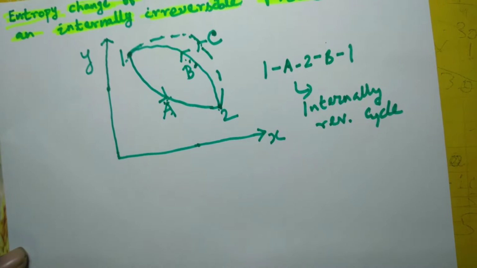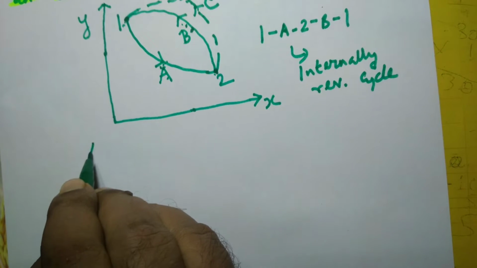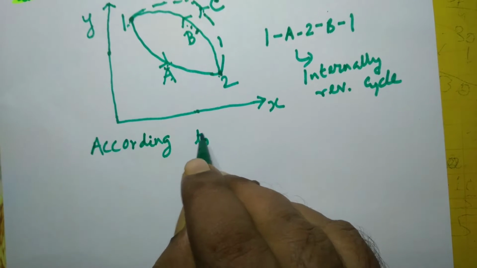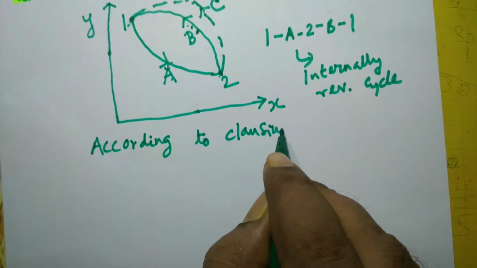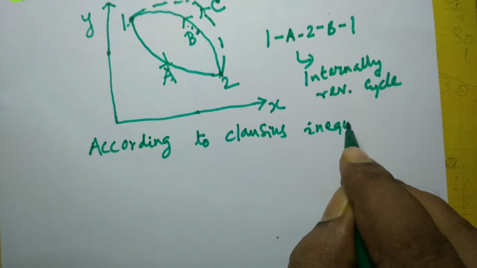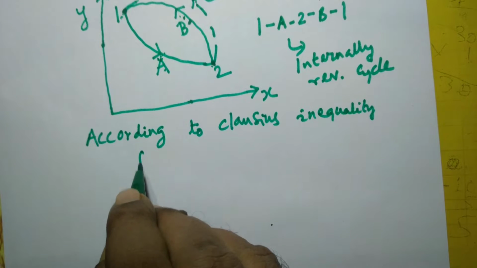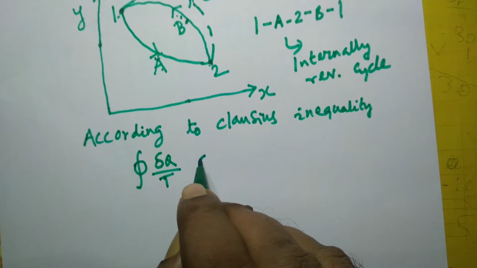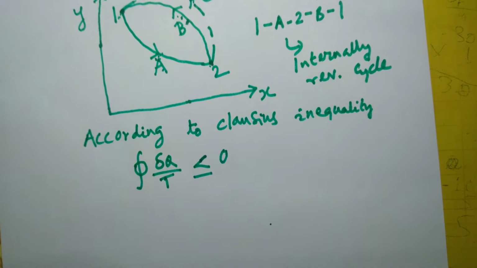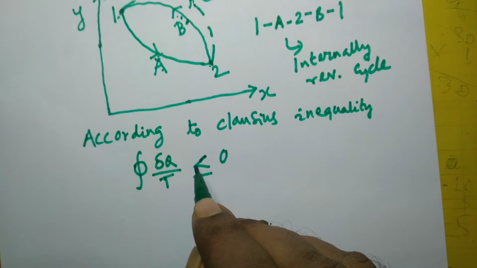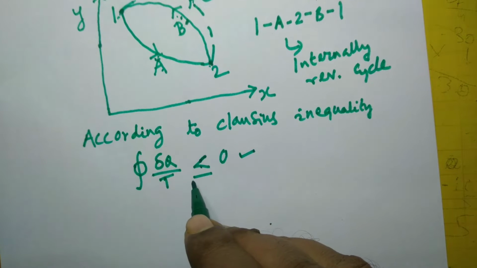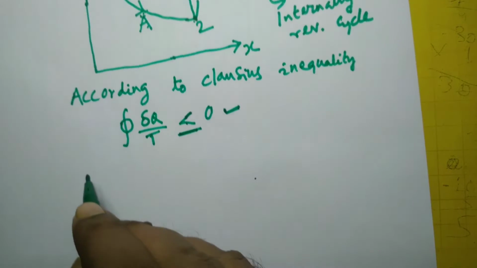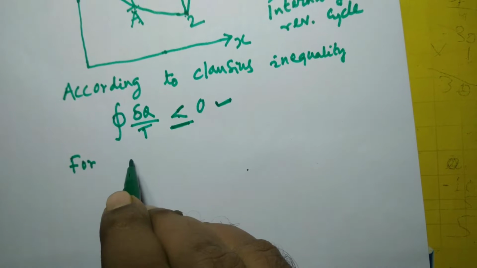So according to Clausius inequality, which we have already studied, the cyclic integral of del q by T is less than or equal to 0. In fact, this less than sign is applicable for an irreversible cycle, and this equal to sign is applicable for a reversible cycle. So first, for the cycle